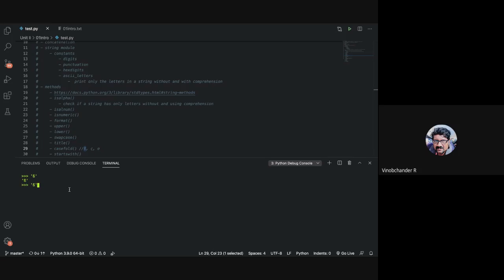See, this is already in lowercase in German. So if you do a dot lower, by the way, what does this symbol mean in German? It symbolizes two S's together. Yeah, correct. So when you apply lower on this symbol, what do you think the output will be?